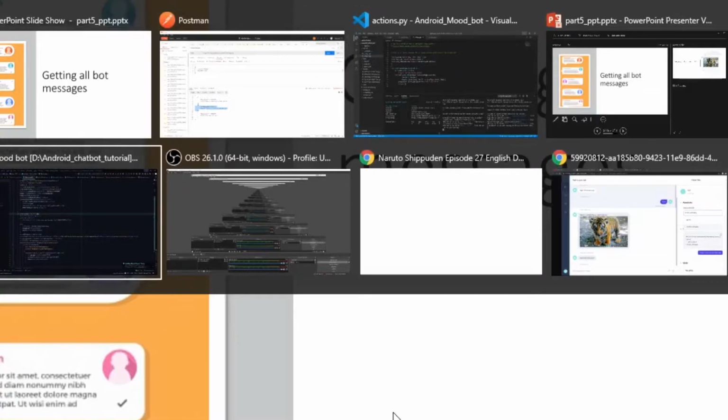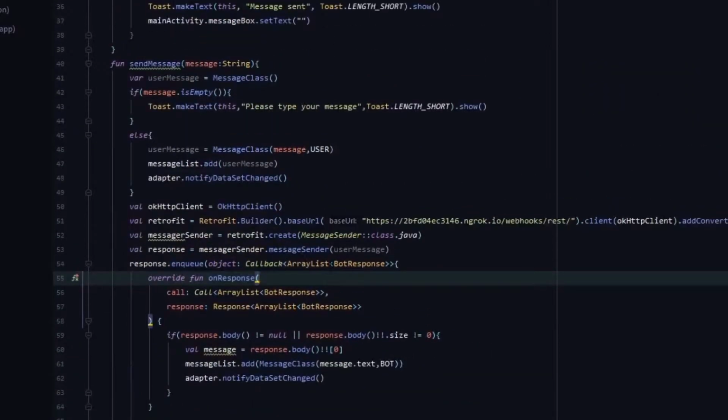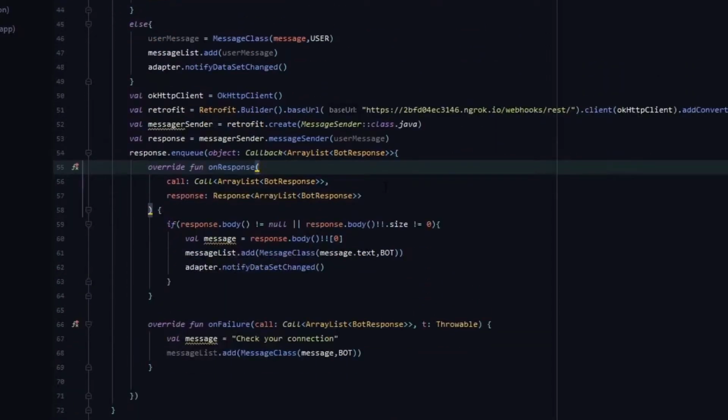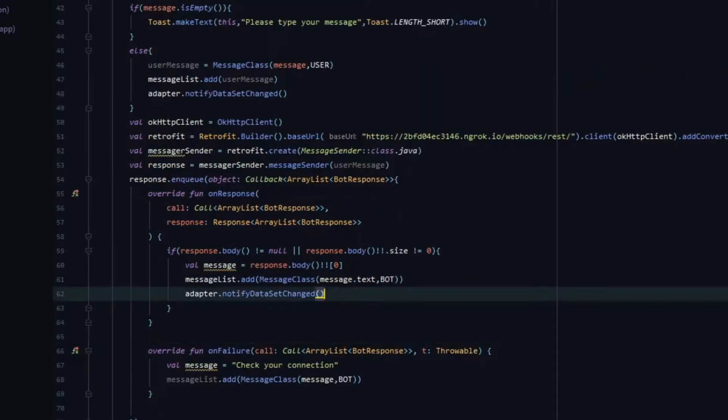Let me open Android Studio, and here we have it. So this was the last part where we stopped. So let's move on and add some tweaks inside this. Okay, so